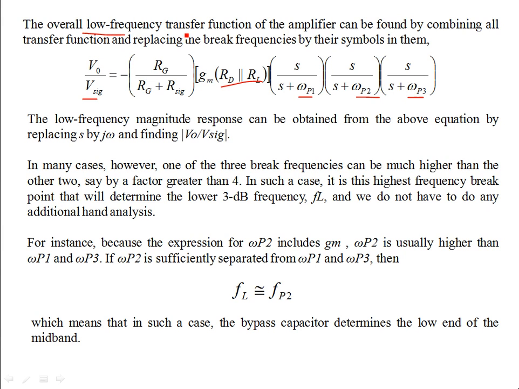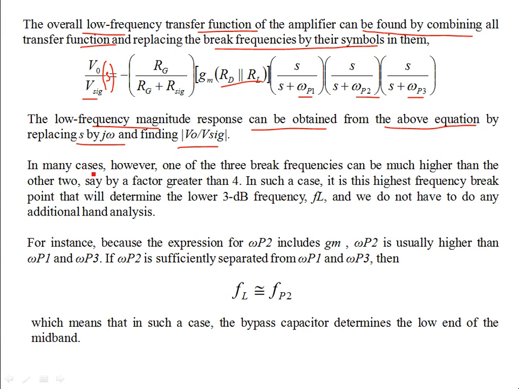The overall low frequency transfer function of the amplifier can be found by combining all the transfer functions and replacing the break frequencies by their symbols. It can be written as such. This is the transfer function relating the output to the input, in terms of the complex frequency variable S. The low frequency magnitude response can be obtained from the above equation by replacing S by j omega and